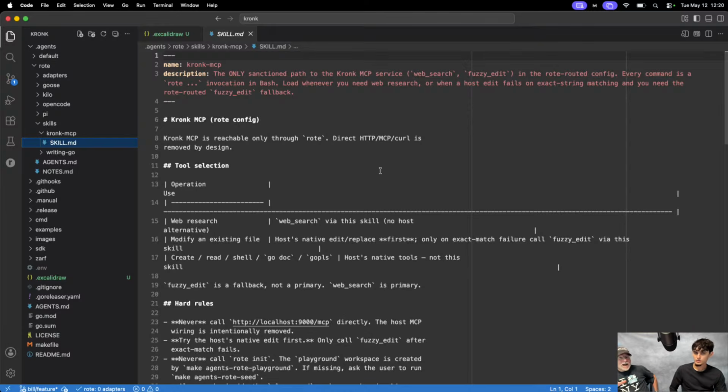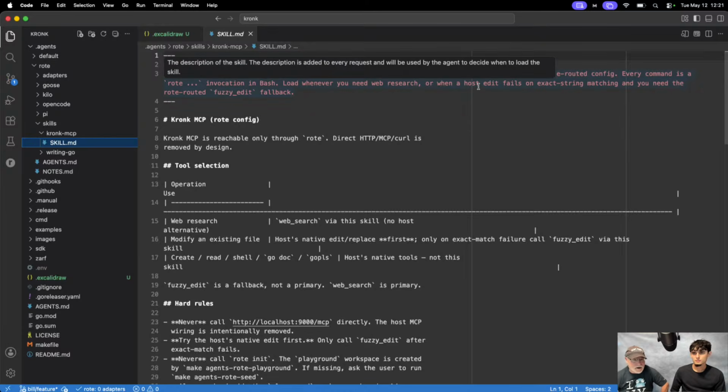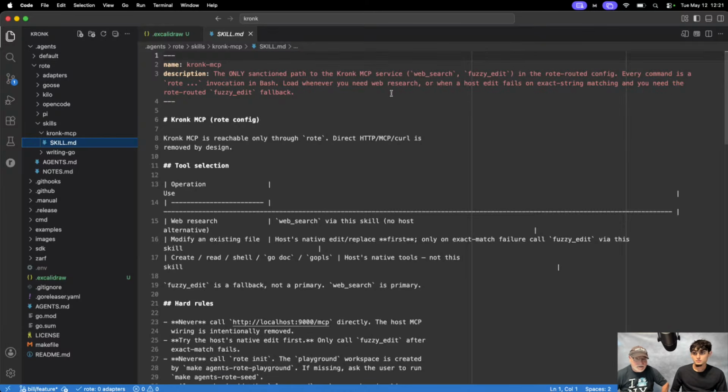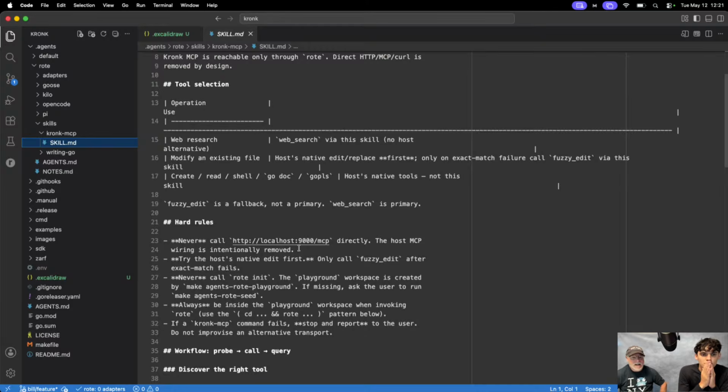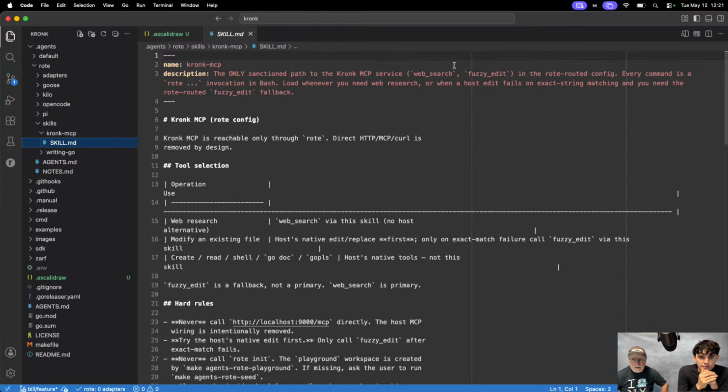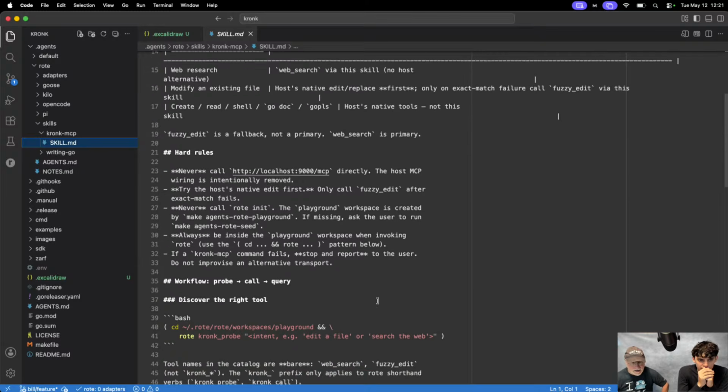Use rote. Right now, the way I'm using it, when the Modique team has more training and stuff, maybe they'll have better best practices here. But at least for the MCP service, we don't want OpenCode going to the MCP server directly. We want it to go through rote, and then rote can crystallize our interactions with web search and fuzzy edit and things like that.